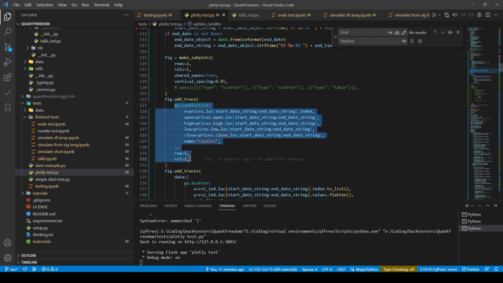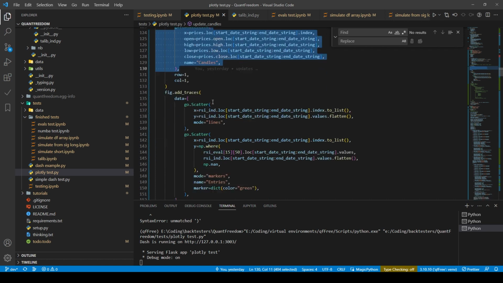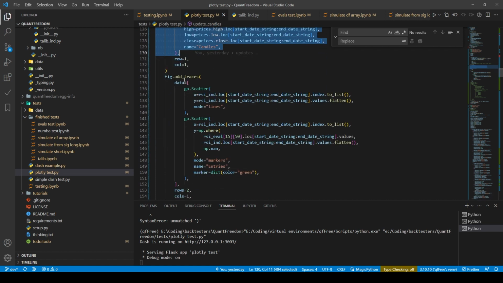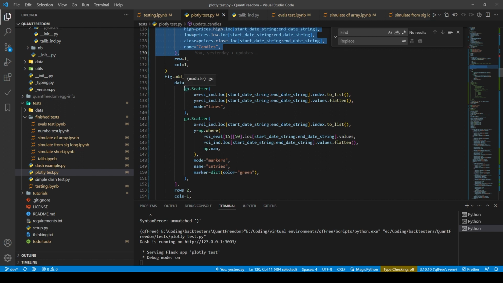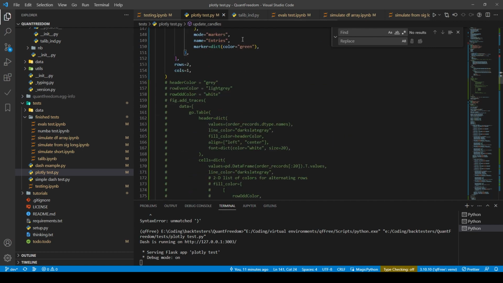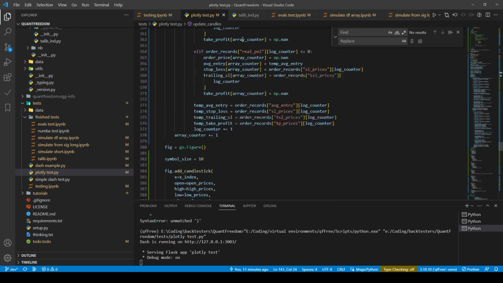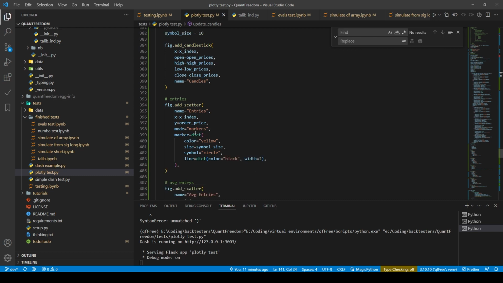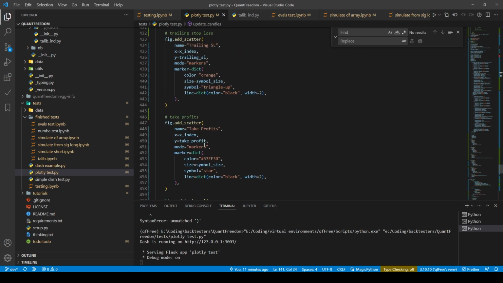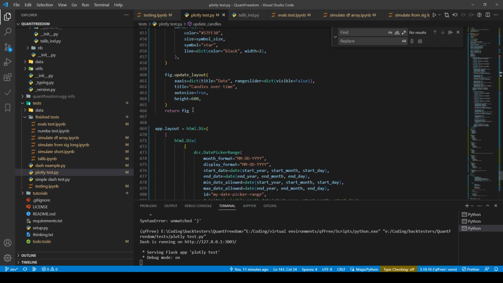So we will return this go dot, we'll just do this traces data scatter. Is that what I did over here? Yes, I did. So yeah, we'll just do all those as go dot scatters, and then we'll return each one of them